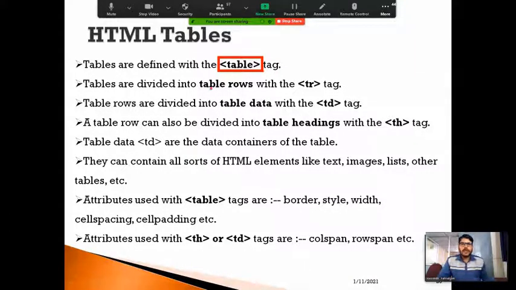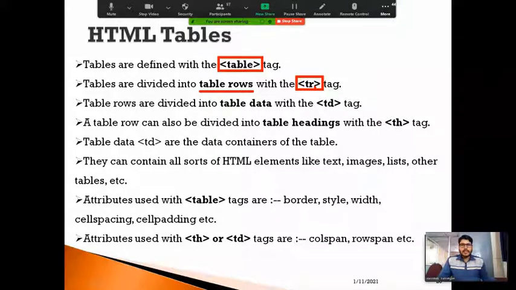And how are we going to divide the table rows? We are going to divide the table rows by using the tr tag. As you can see here, the tr tag is used to define a table row. So we can divide the entire table into however many rows we require, and that many tr tags we need to include. Assume that in a table we have just two rows. Then within the table tag, we need to define the tr tag twice, so that it will include two rows within the table.